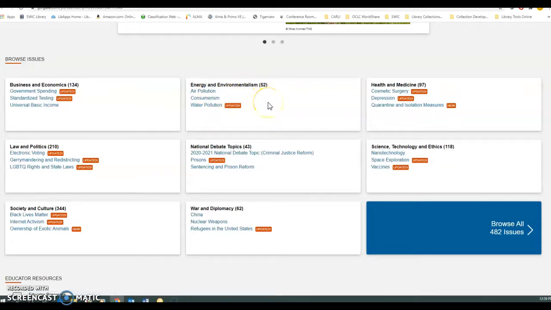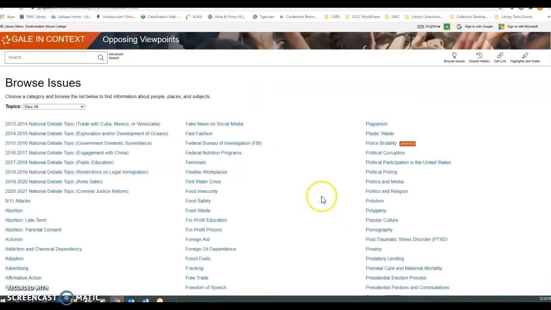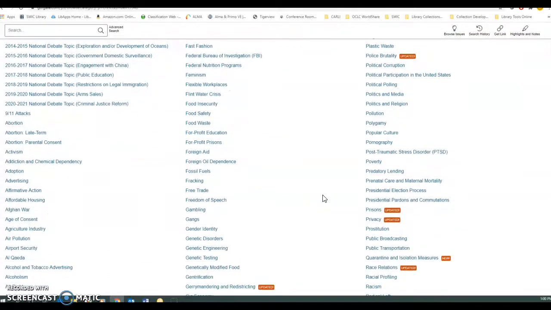So if you know that you like a particular area, this is a good place to come and look at those topics. But if you're not sure what you want to do just yet, you'll also see the blue box in the bottom right-hand corner where you can browse all 482 issues. You'll see that these are all listed alphabetically. So if you're looking for something, you can kind of browse the list. There might be something that catches your eye that you had kind of forgotten, like, oh, I am kind of